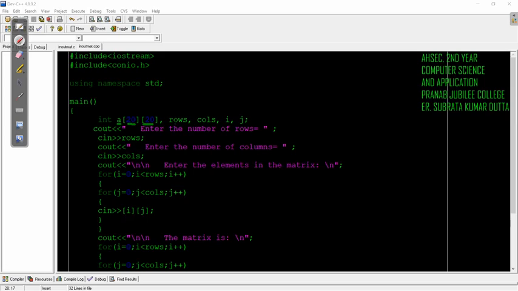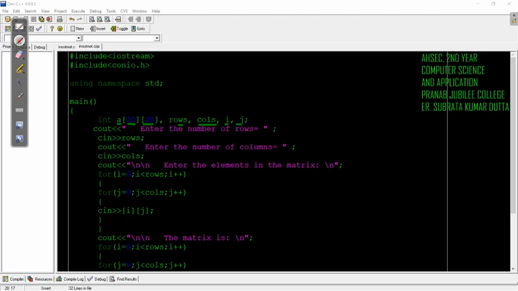All right. Next, rows and columns. Since I am giving the users the power to create the array, the user must have the option to enter the number of rows or number of columns he wants. So these two variables will store the numbers entered by the user. Then i and j are for the counters. If you forgot, just recall that I taught in the last video that we need two counters. The first counter is for the number of rows, and the second counter will be for the columns.